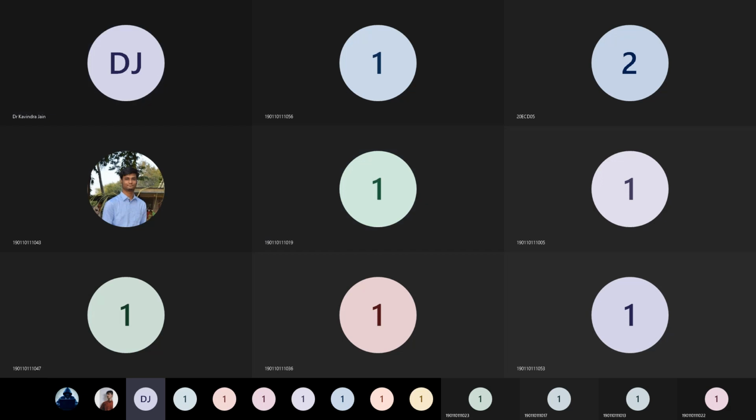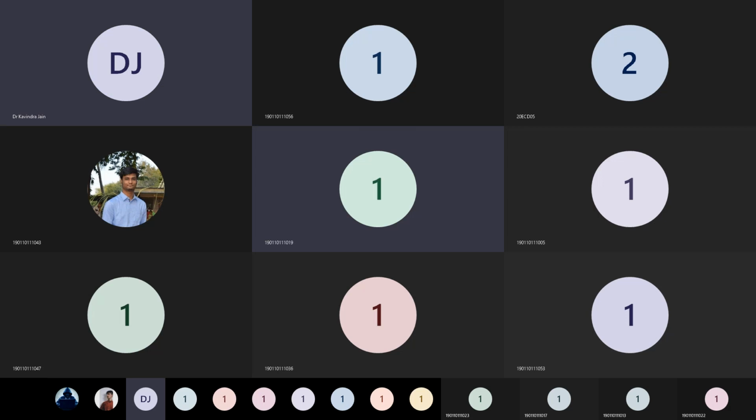Now, what is the value of AF? 2. What is the value of FH or FC? 1 kHz. 1 kilohertz, right? So now you are aware of the formula as well as the value of AF and FH.